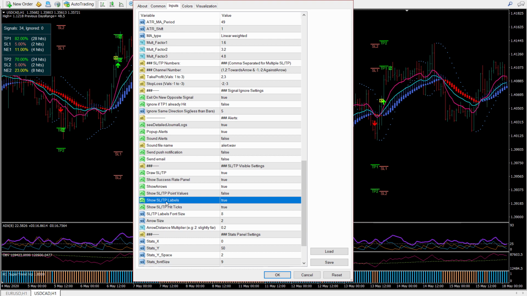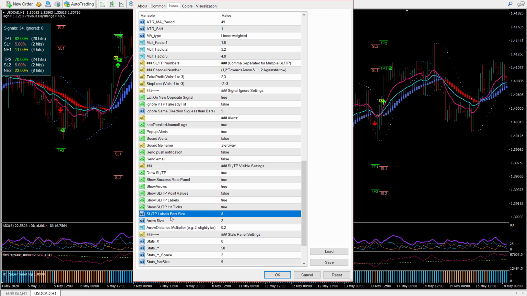So you can hide these labels, and you can also hide these tick marks or these crosses, and you can set the font size. Right now it's at 8. If you want smaller fonts, set this to maybe 5 or 6. You can also set the arrow size.